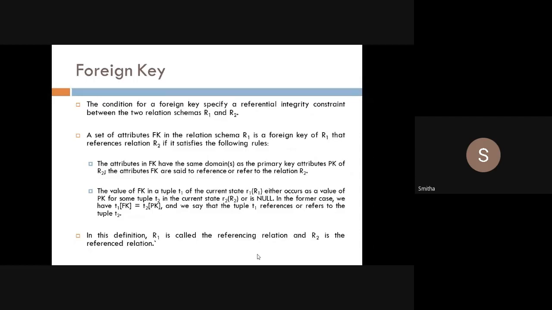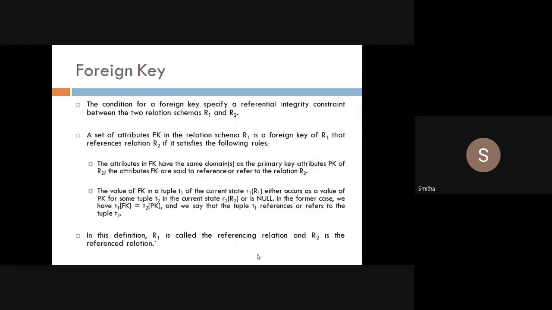If I give D number 1, D number is primary key in the department relation and it is foreign key in the employee relation. Then if I take department 1 details, it should match with whatever department 1 is there in the employee table. So that is what they want to convey here.